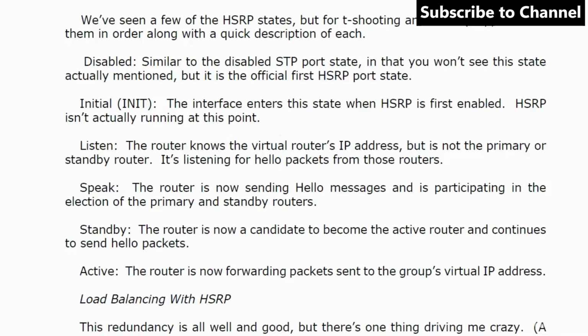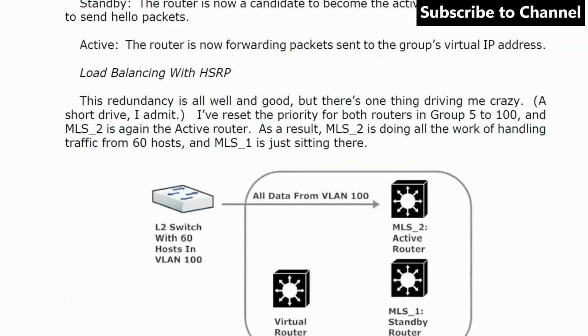In speak state, the router is now speaking, it is sending hello messages, and it's participating in the election of the primary and standby. Standby, we've seen that a couple of times. The router is a candidate to become the active. It continues to send hello packets, and then finally active, the router is now forwarding packets sent to that group's virtual IP address. Speaking of forwarding packets sent to the group's virtual IP address, let's talk about load balancing here